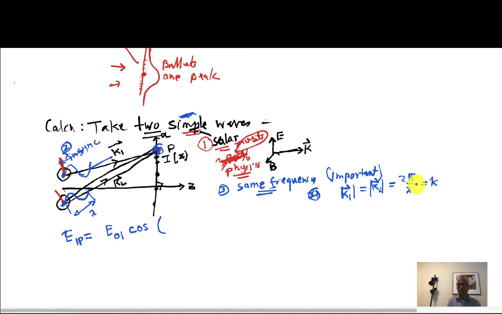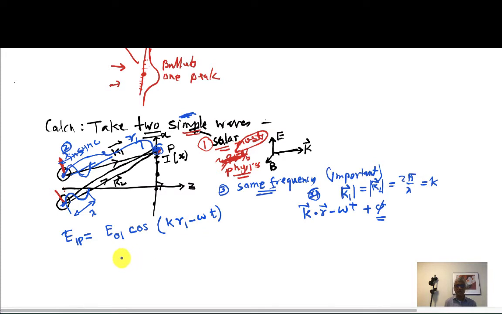We're going to call all this k. If it's going in this direction, let's call this distance R1. So inside here you have k dot r minus omega t, and there is a phase constant here, but I'm not going to worry about that for simplification reasons. So this will be k times R1 minus omega t